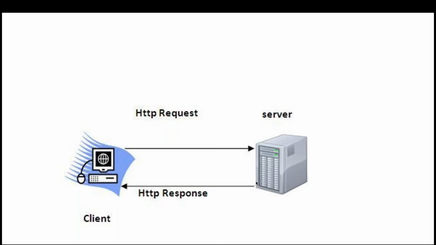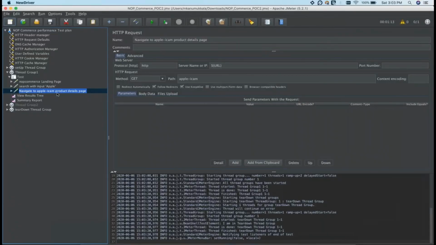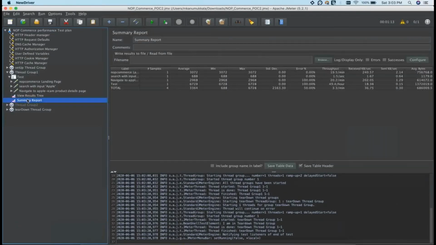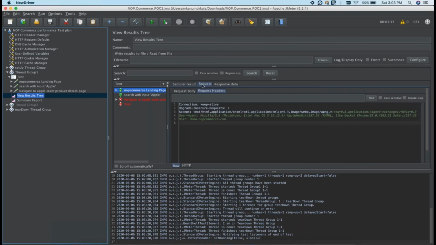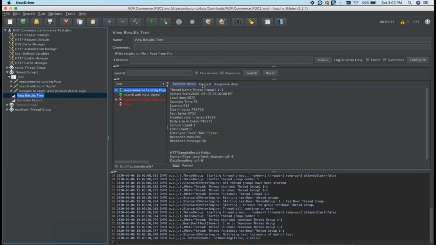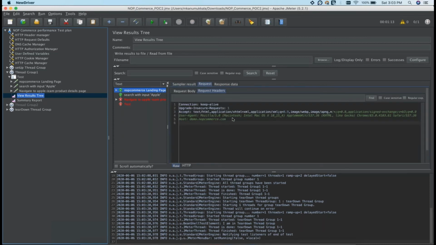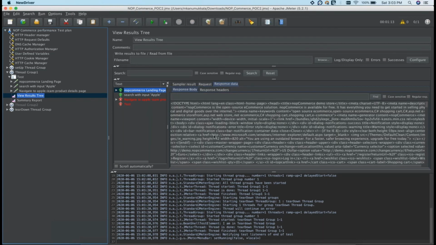Right. So to achieve that, what we will try to do is go to the result summary. So the first request, right? The first request is where I am trying to hit the landing page. So I'm just providing the landing page URL. So what response did I get?